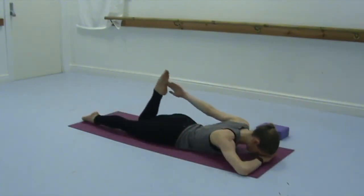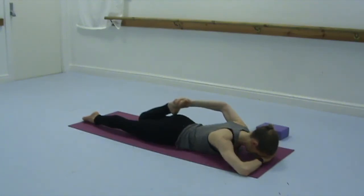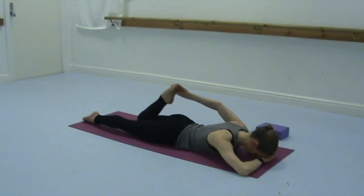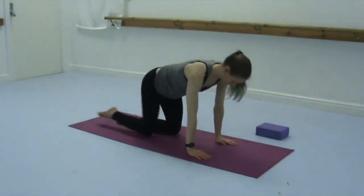Release sides, reaching back for your left foot this time. Pressing the hips down into the ground, feel a nice stretch down the front of the thigh. As we keep relaxed through the shoulders, just take natural breaths now. So we just begin to wind down and stretch. Press yourself up